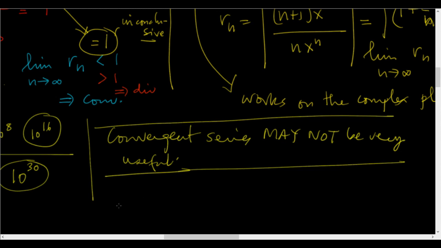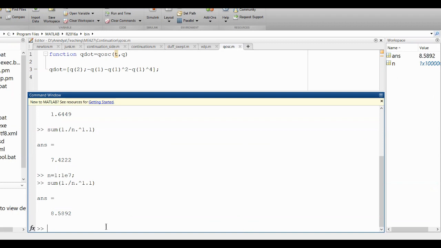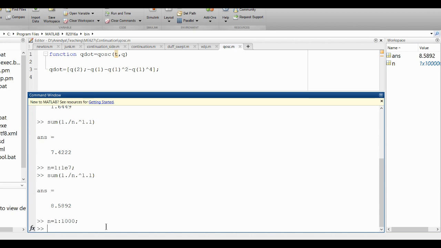How about the series for e to the power x? e to the power x is 1 plus x by factorial 1 plus x squared by factorial 2 plus x cubed by factorial 3 plus dot dot dot, right? So this converges everywhere on the complex plane. Let us go to MATLAB and let's just try 1,000 terms. n equals 1 to 1,000. That's a lot of terms. There's no problem. Let us say x is 40, right? So what we will do is we will say sum of 40 to the power n